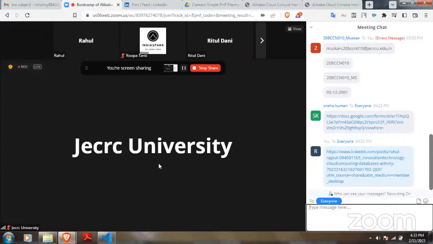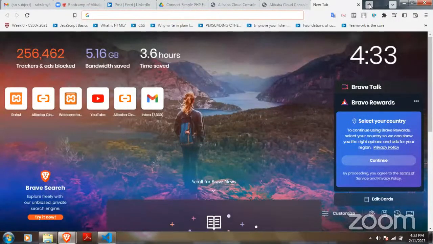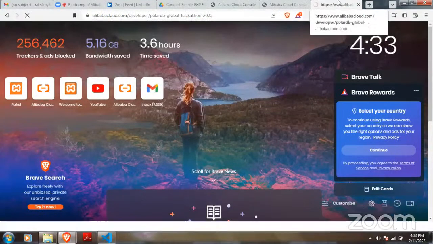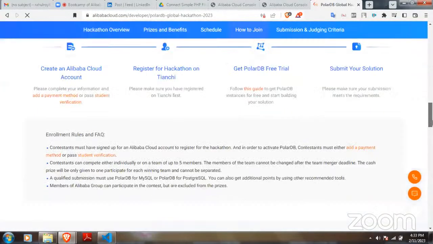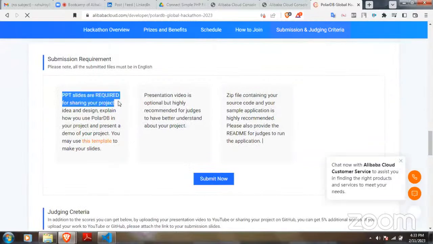Time is very less. You have very little time, as the 28th is the last day to submit your project. For project submission, you can go through the website. I'll just show you what you have to take care of while submitting a project. This is the landing page, and under submission requirements, you have to submit a PPT about the project that you're going to build, and a zip file.